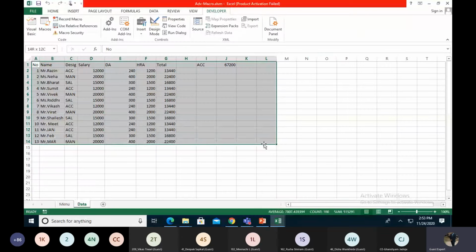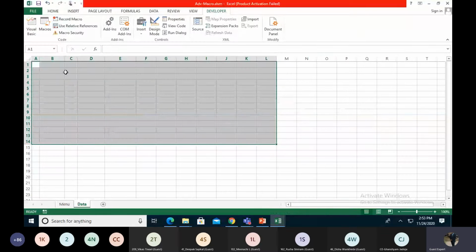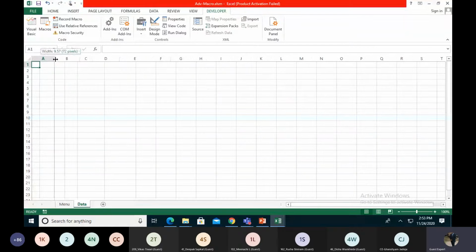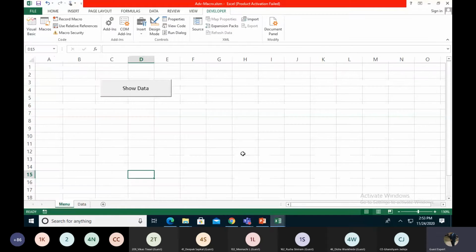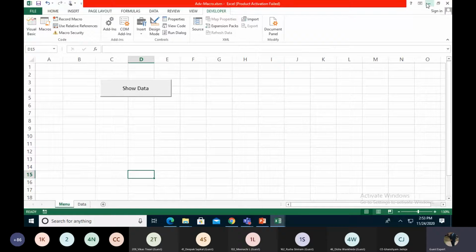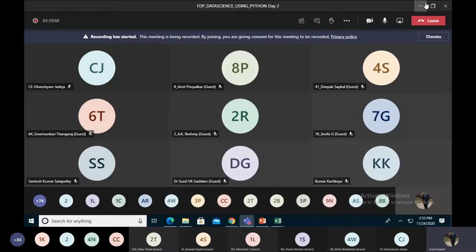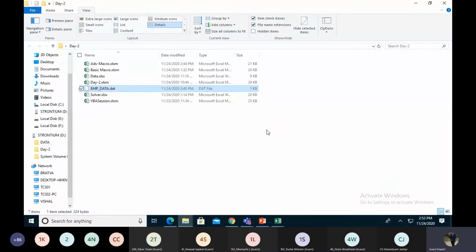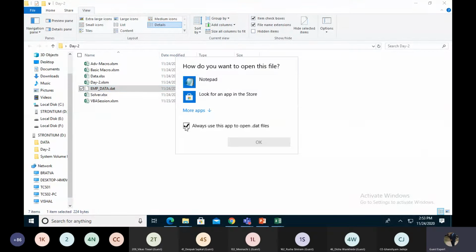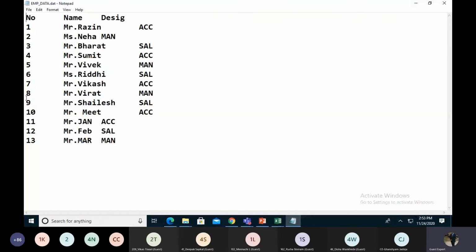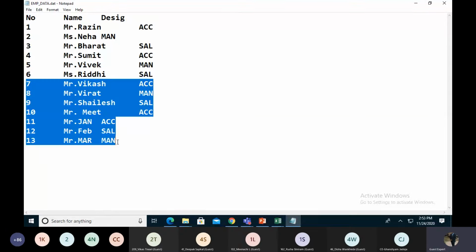Okay, I remove everything, and I just press A1 right now. And in this menu section, what I'm doing right now is removing some data from this notepad file.